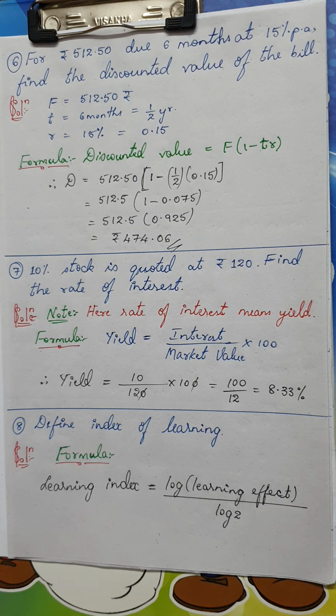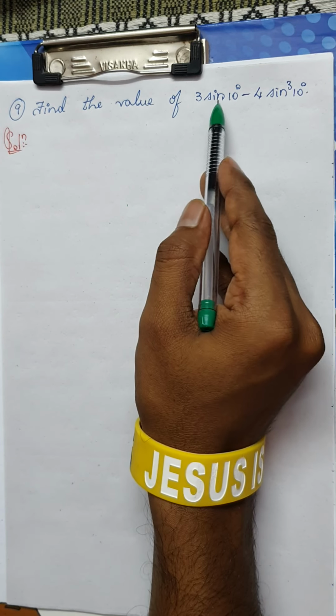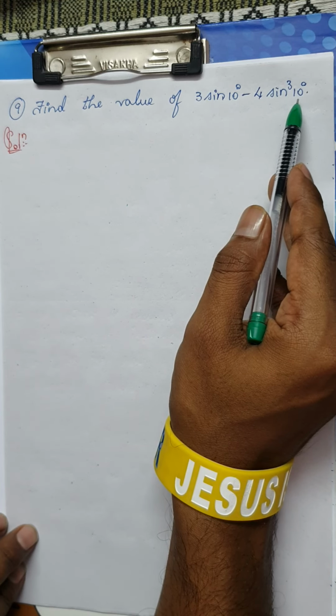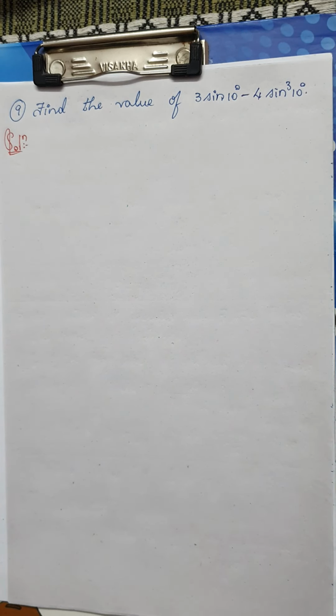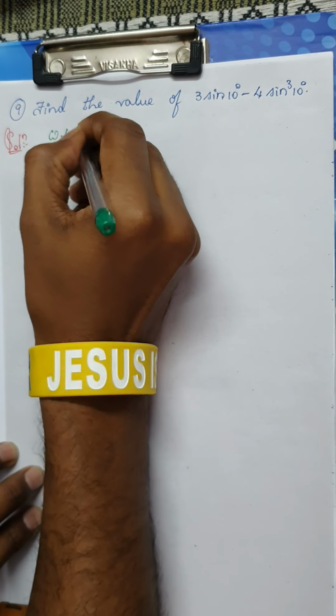Let's go to question number 9. Question number 9 is of trigonometry. Find the value of 3 times sine 10 degrees minus 4 times sine cube 10 degrees. As soon as a few students look at this, they will get depressed, because, sir, where do we get sine 10 degrees? First of all, it's not a standard angle at all. Don't get worried, dear students. It's a very simple question. We're going to use the formula. So what is the formula?